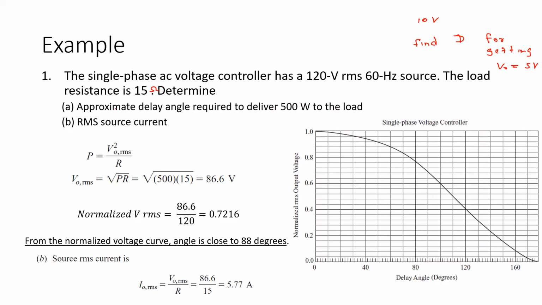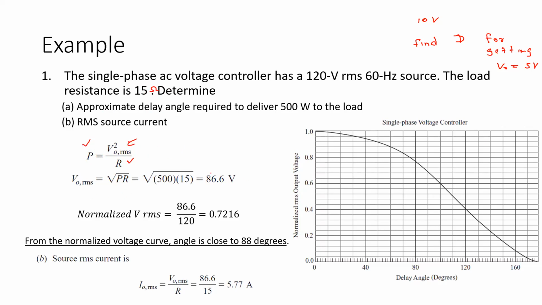Our power, we can easily calculate. This is a resistive load. Even if it is not a resistive load, even if it is an impedance, you can also do this, but you will have to stick to complex numbers. Here it is very easy, because I'm just going to give you a push to get the understanding. So P equals V out RMS squared over R. We know P and R, so we can find V out RMS.